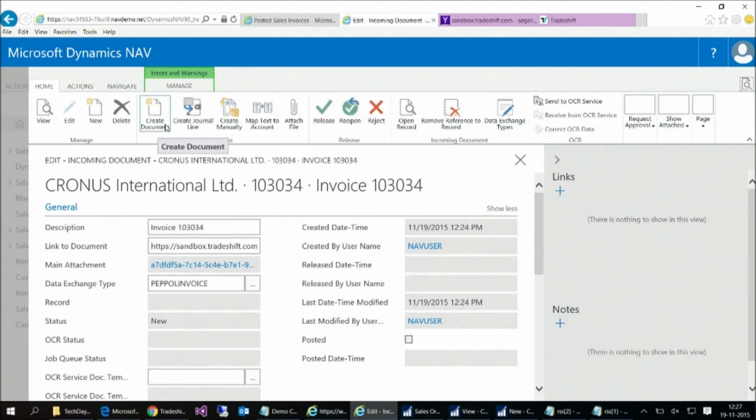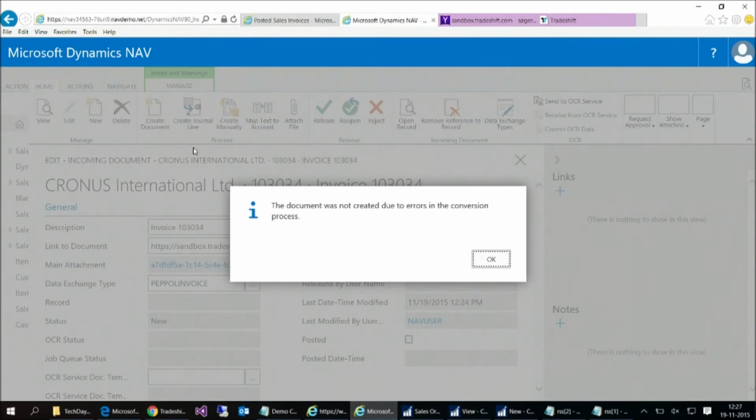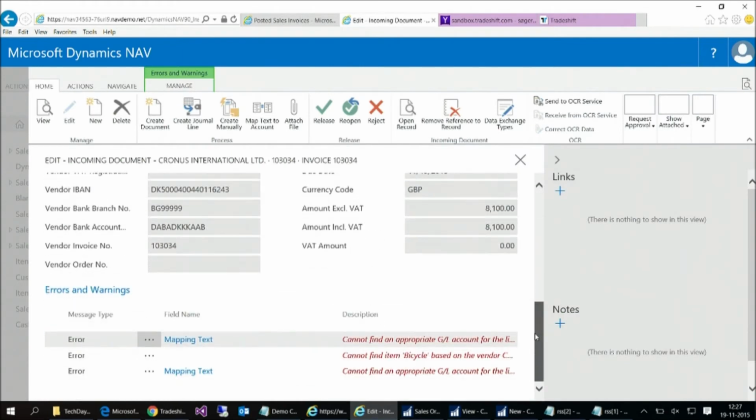So now let's try to create the document inside the NAV. We'll hit this button, and this will just go and try to create the document, but it says that there are some errors. So which are the errors? Now in NAV 2016, we actually also propose it as a pattern. We have error messaging where we collect all the errors into one place. So the errors here,